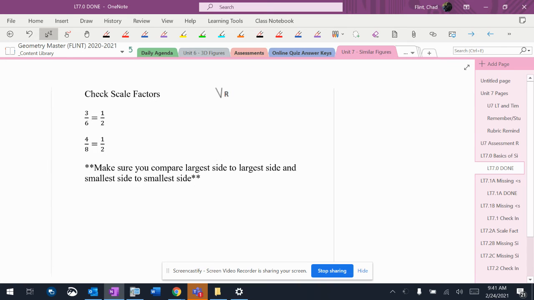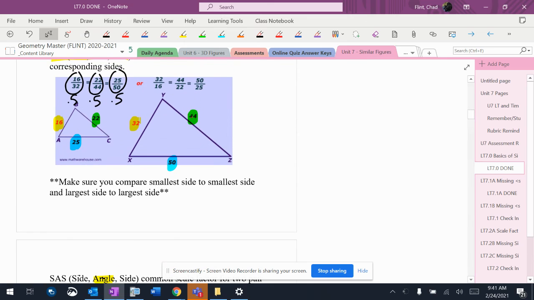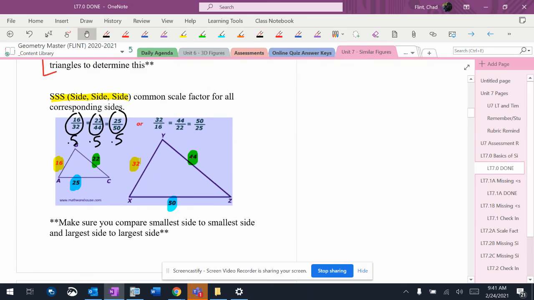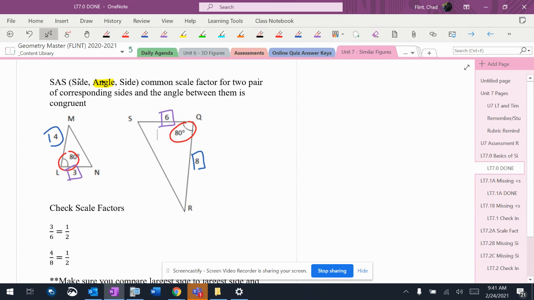All right, so any of these questions here that say, hey, are these triangles similar? We're going to check the angles first if we can. If we can't, we're going to check the scale factors and just look for side, side, side. And the least likely scenario is we have to check for an angle, all right, and then see if the scale factors are the same around it. And it's possible that the answer is no. So don't automatically think that the answer has to be